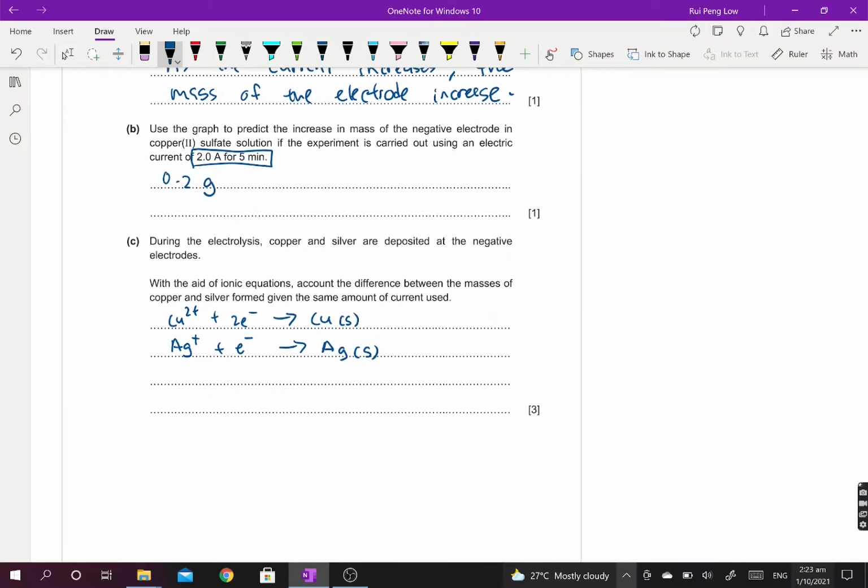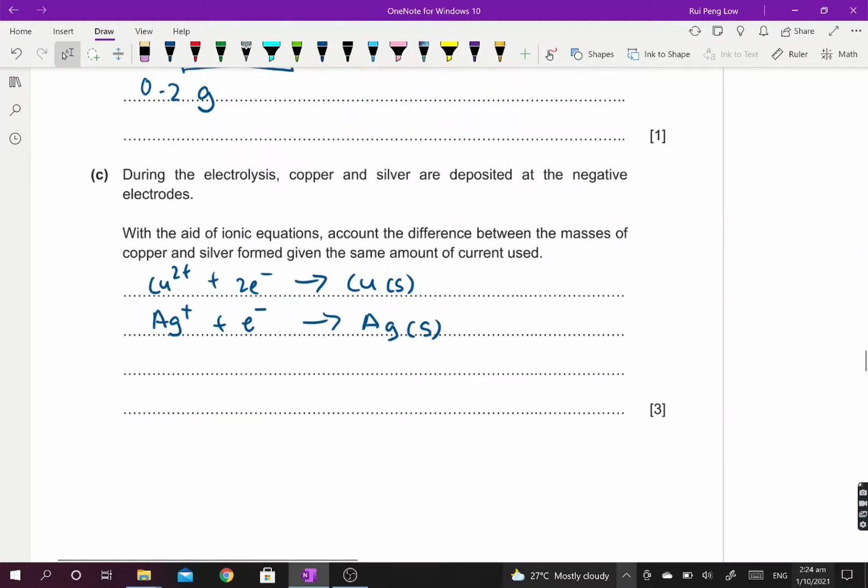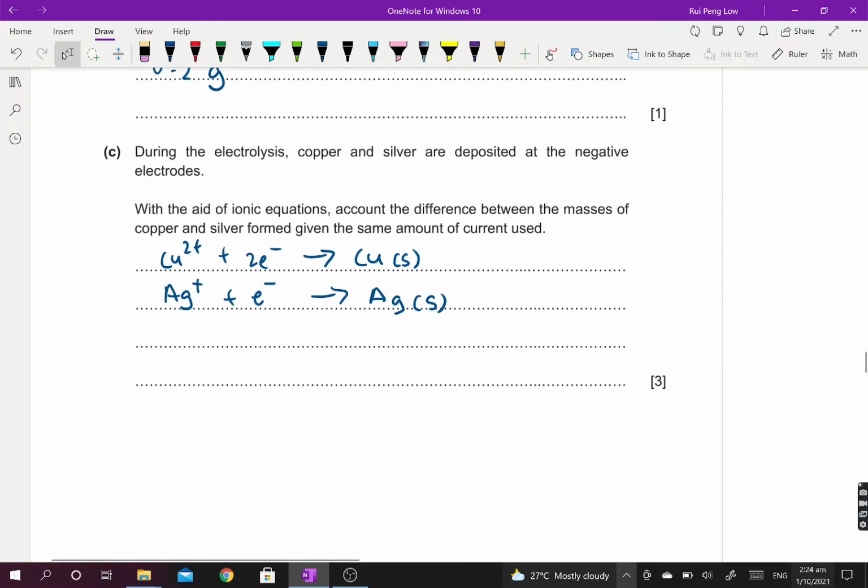So what does it mean? With this ionic equation, this means that, I'll write in red, for every 1 mole of electrons, what happens? For every 1 mole of electrons, 1 mole of silver is produced,